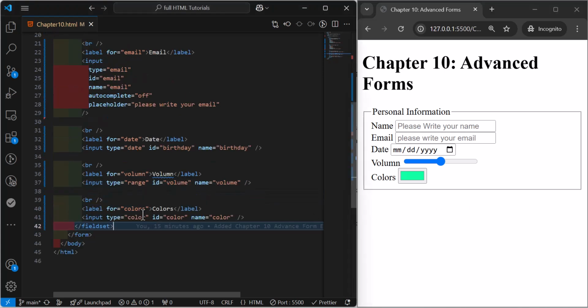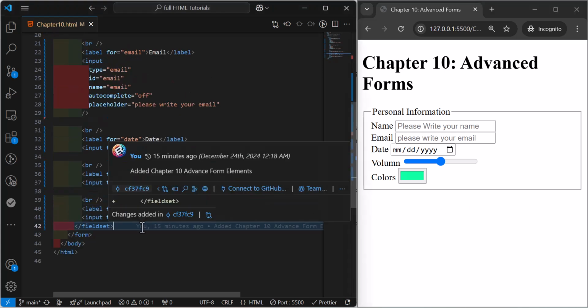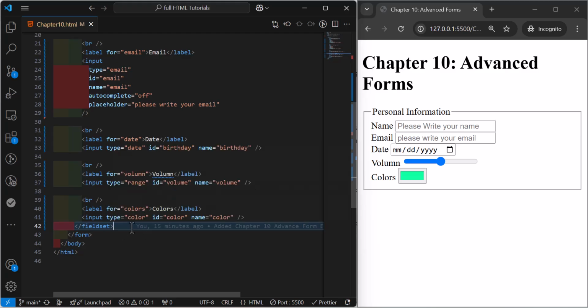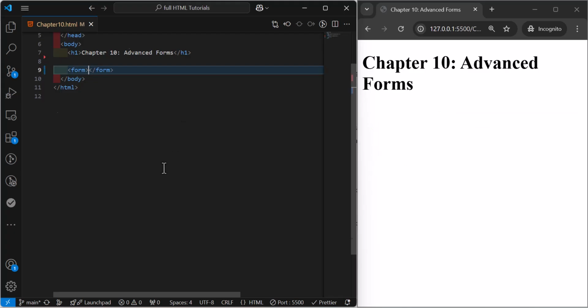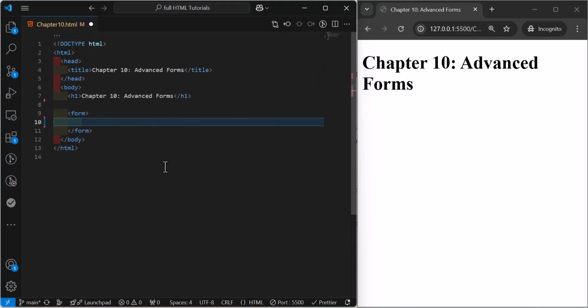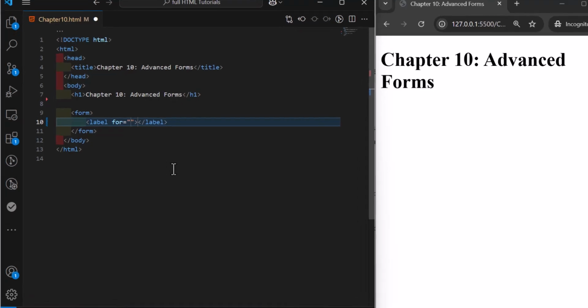Now let's see how we can upload a file or multiple files. So let's delete all of them from here, and let's create an input type file to upload files. So to upload a file, first of all, let's create a label, and this will be